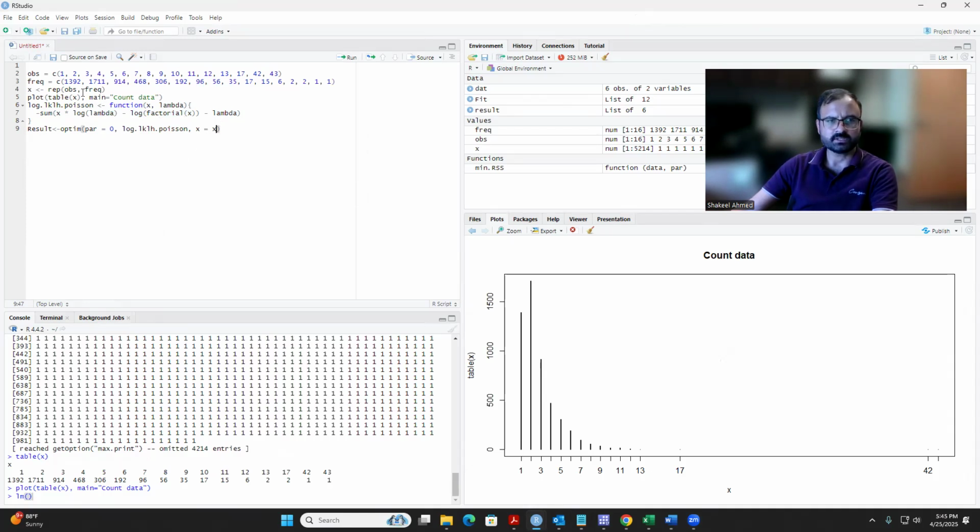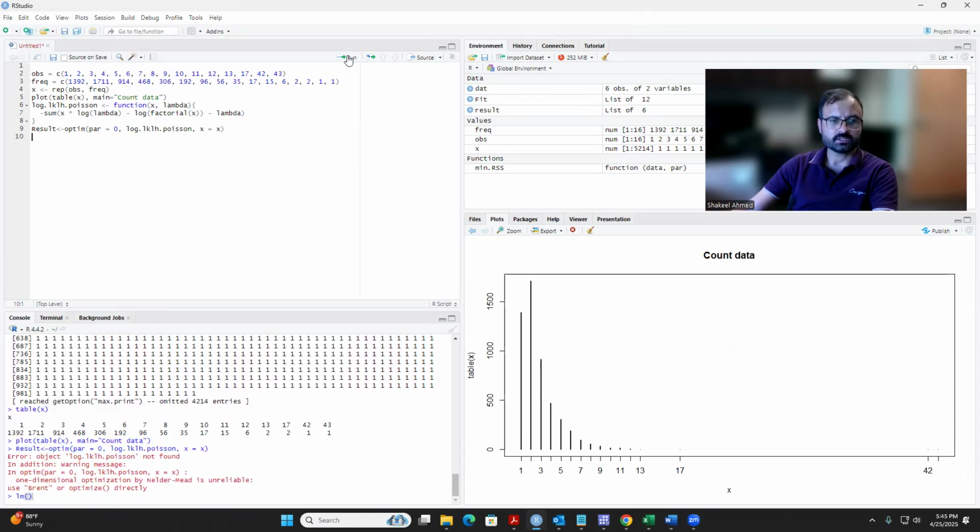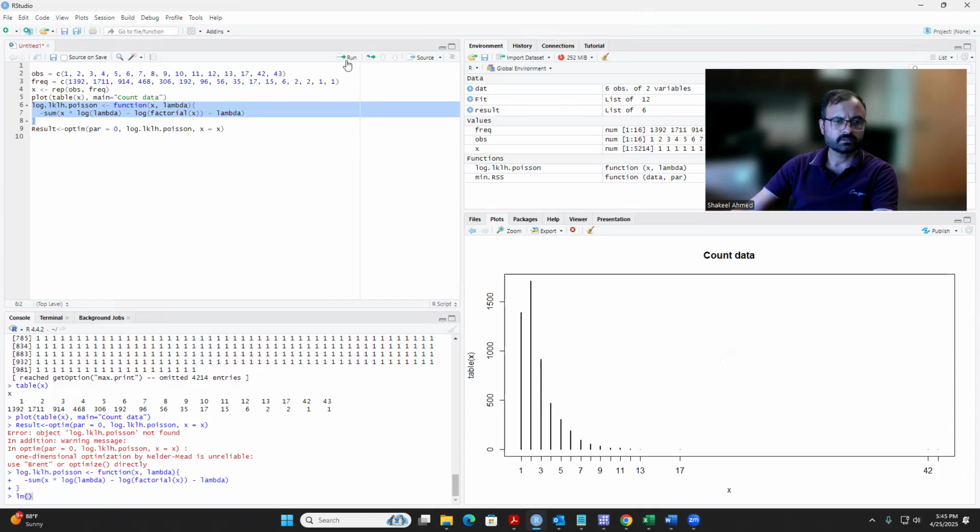So basically the input is x and the parameter is the initial value and the function is log likelihood. You can just run this. You need to write the function first. I think I have not written the function